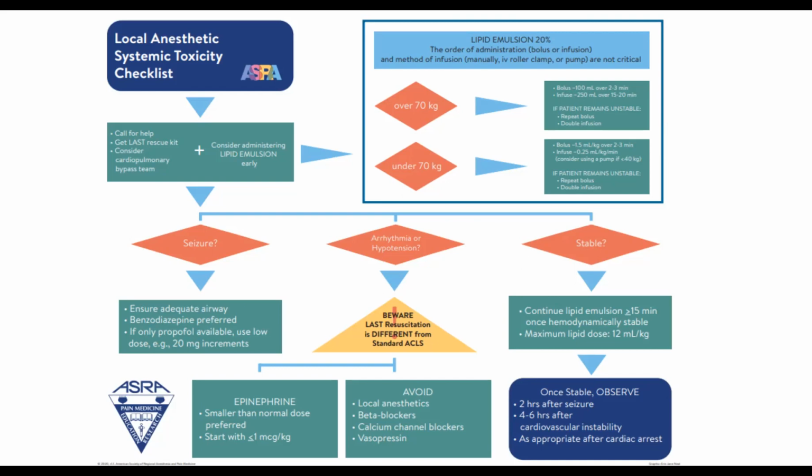Sometimes it's more like, local shouldn't be injected intravascularly, but let's say they did in surgery, you know, their field was a little bloody. They didn't really aspirate before they injected, and they just injected right into a little vein or a little artery or something. Then you can have quicker effects, and if that's the case, the lipid emulsification, if you get it on board quickly, should bind up all that local anesthetic from the circulation pretty quickly.